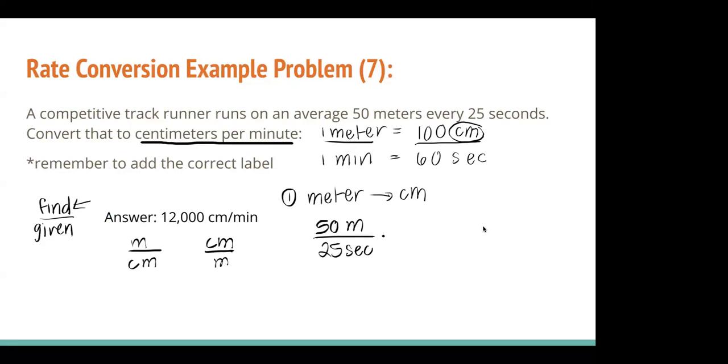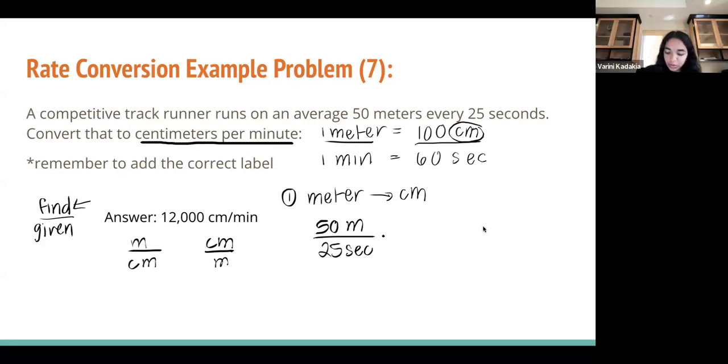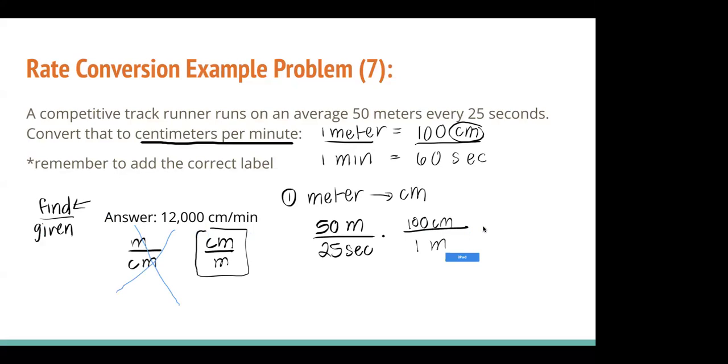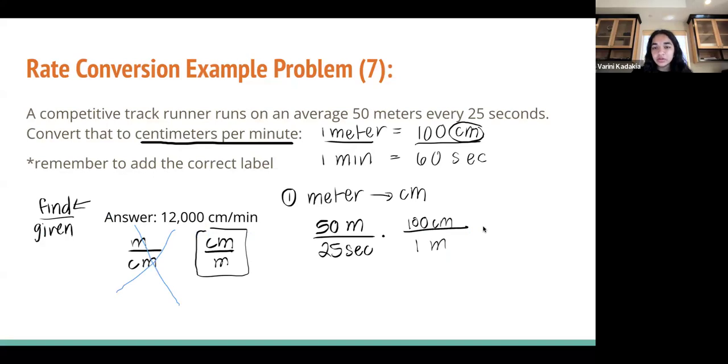Centimeters should be on the top, and we are given meters, so meters should be at the bottom. Our ratio should look like 100 centimeters over 1 meter. Does that make sense to everyone? Yes? Okay, so we can now cancel our meters out, and we are left with